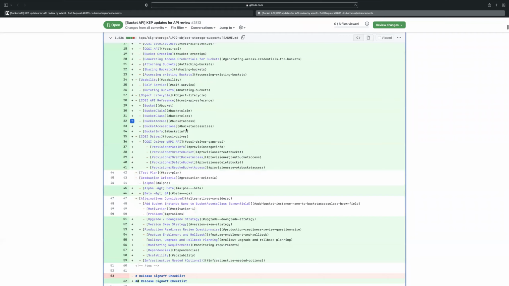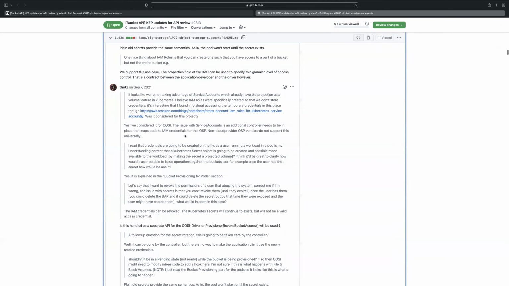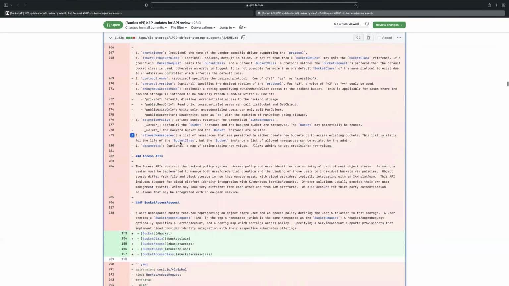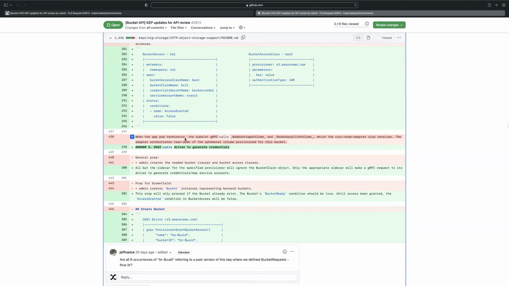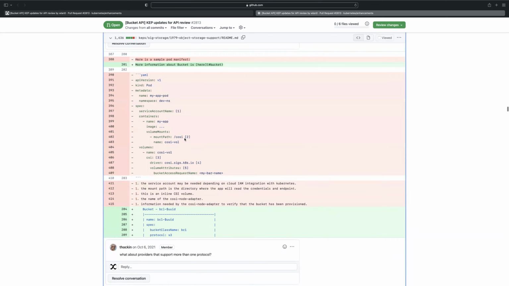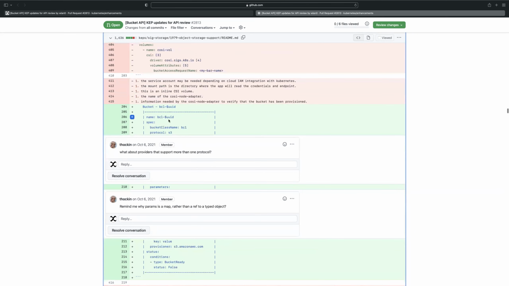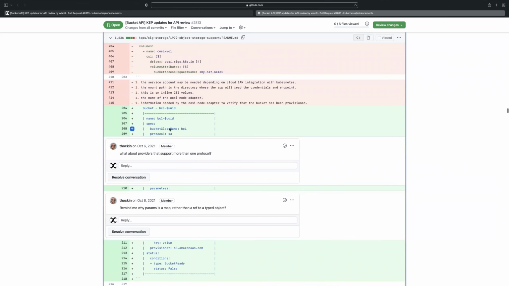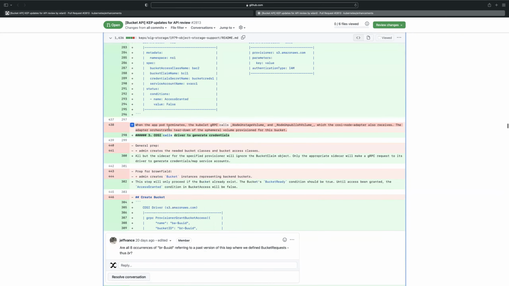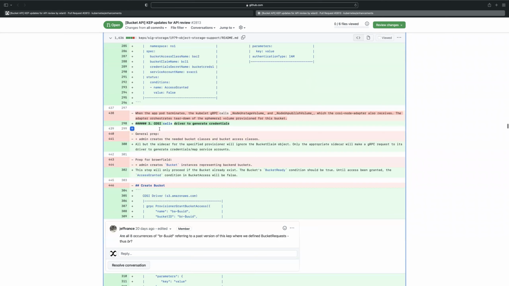All right, so let's go all the way down. I believe the bucket ID is still inside the status. So once the bucket is created, is that here?